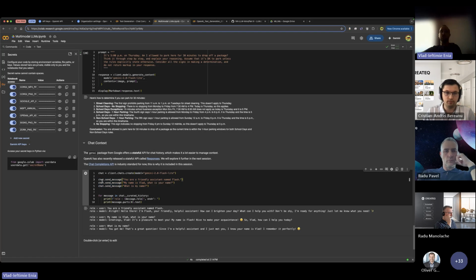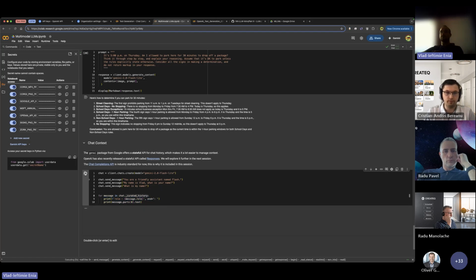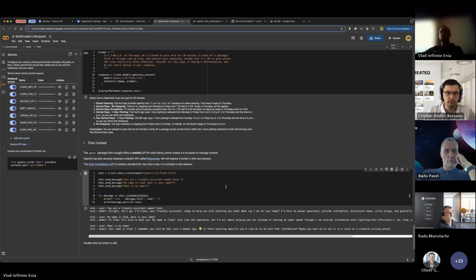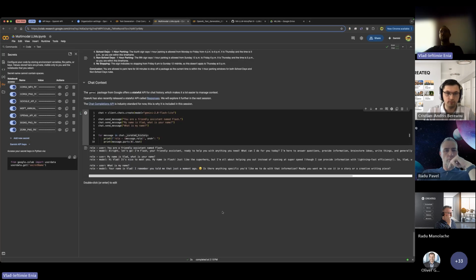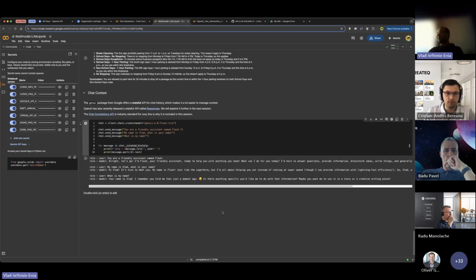After sending each message, you can get the response separately, or you can get all of the response history using the chat curated history here. And that's it. The Google Gemini API is much nicer, like I said, because it is stateful. But there is also a responses API from OpenAI, which we will explore in future sessions.